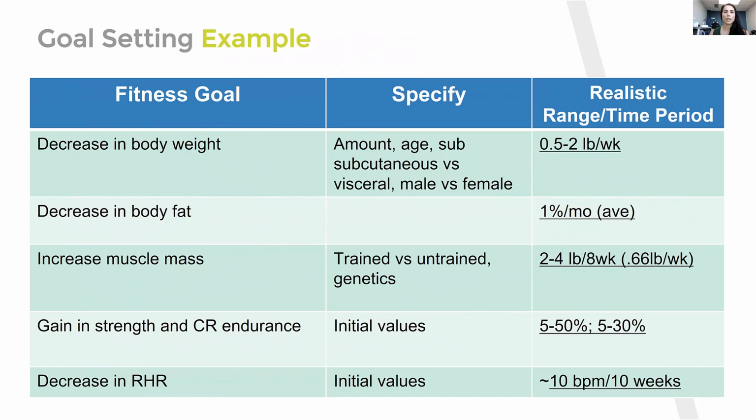People want to decrease their body weight, right? Well, if they do, what is the realistic range? We hopefully know that's about 1 pound to 2 pounds per week. Okay, that's a common thing to know in our field. But what about body fat percentage? Well, we know on average, a healthy person can decrease their body fat percentage by about 1%